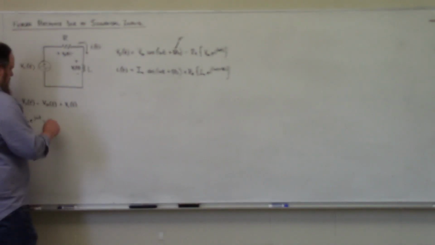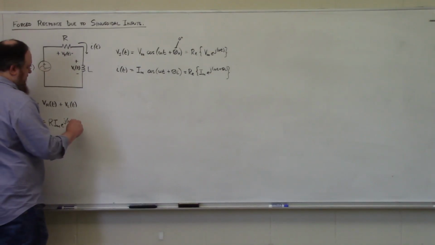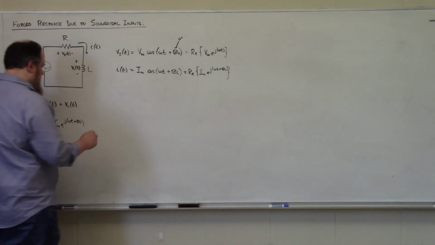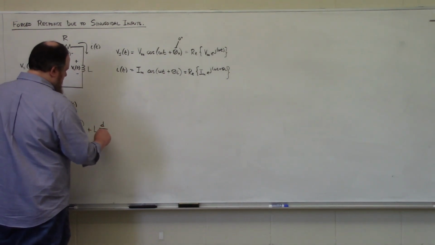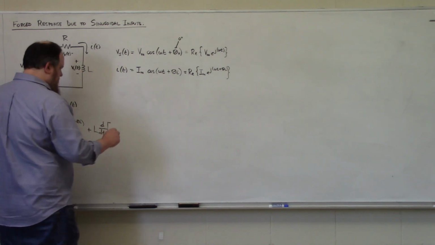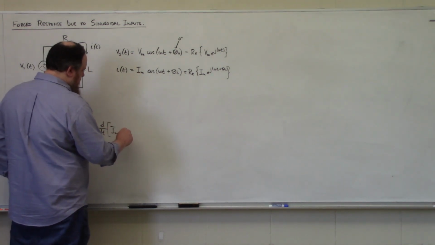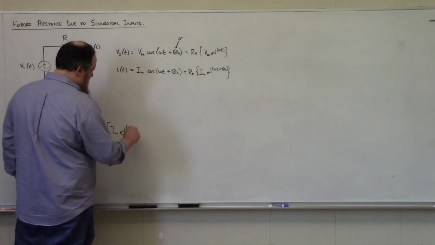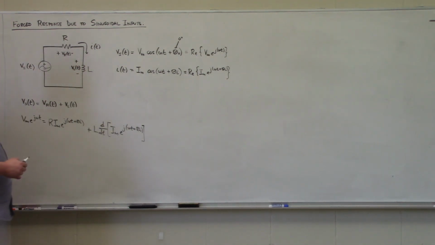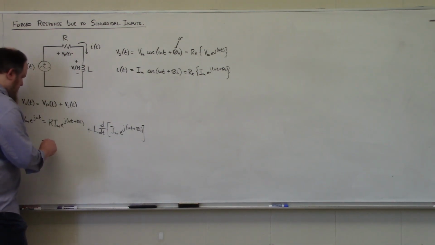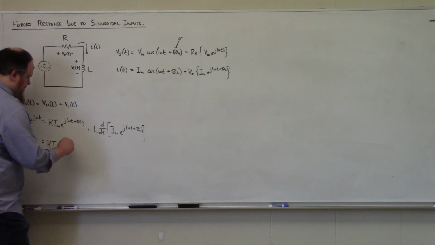So this is R Im e to the j omega t plus theta I, plus L d by dt of Im e to the j omega t plus theta I. If I take my indicated derivative, I'm left with R Im e to the j omega t plus theta I